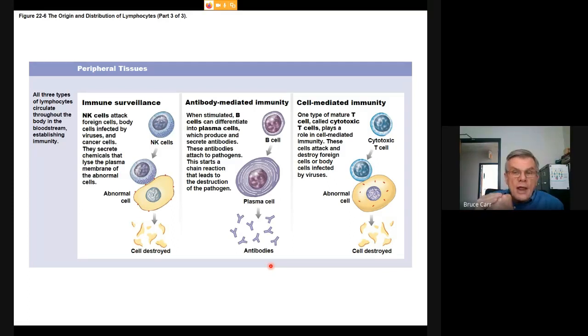In addition to natural acquisition, we can acquire immunity in artificial ways by vaccination. We'll look at those different mechanisms a little bit later. So first, if it's a natural killer system, we call it immune surveillance. And the idea is that the natural killer cell, with its recognition proteins on its membrane, reacts to an abnormal